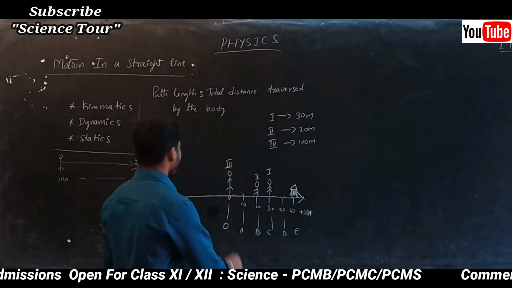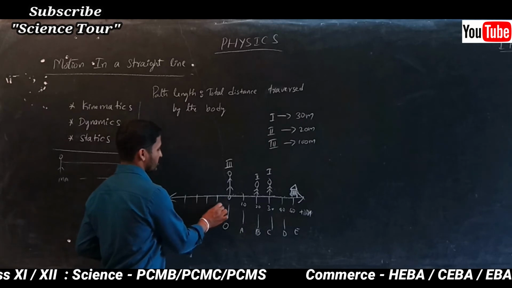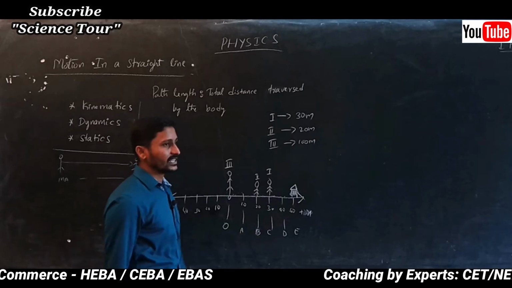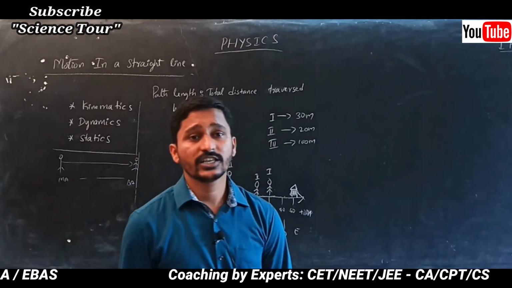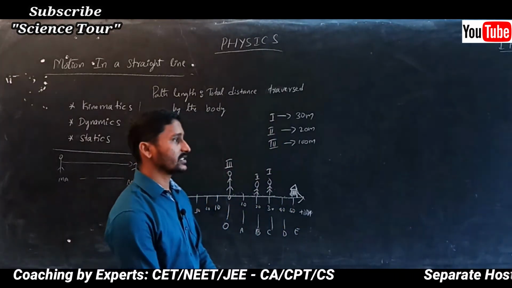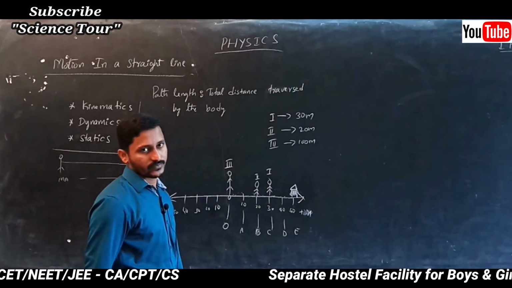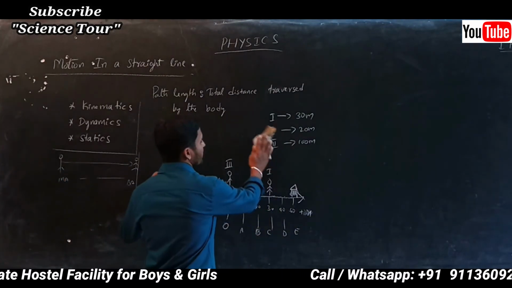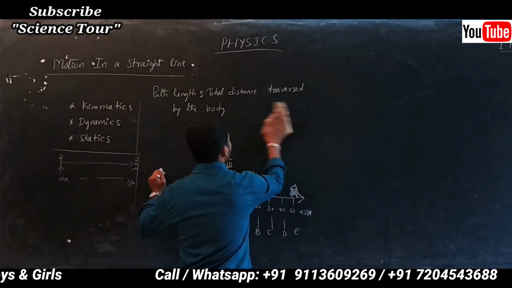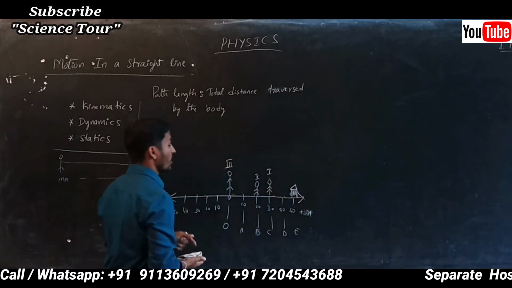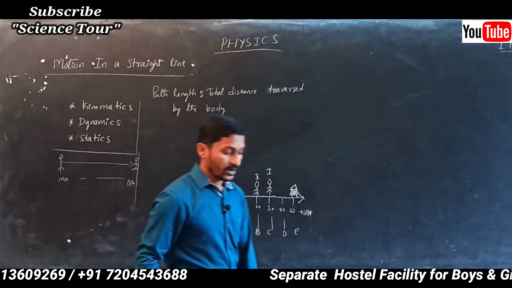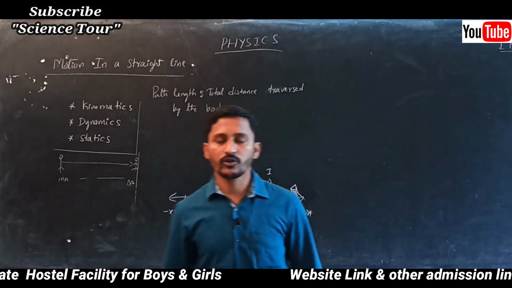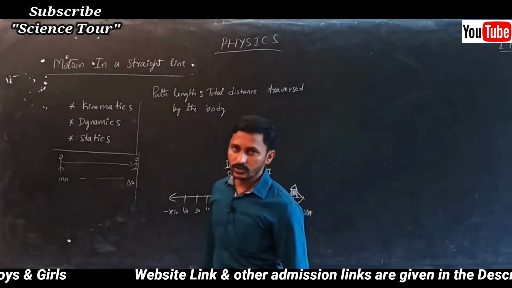Now again, I can go in this way also. Here also 10 is there, 20, 30, 40, 50 is there. In path length, we will consider the total distance without considering any sign. That is the path length. This is the technical, or physical, term we brought to find out the position of the object. So I can say that the total distance from Mangalore to Bangalore is 600 kilometers or 400 kilometers. That is the total path length.